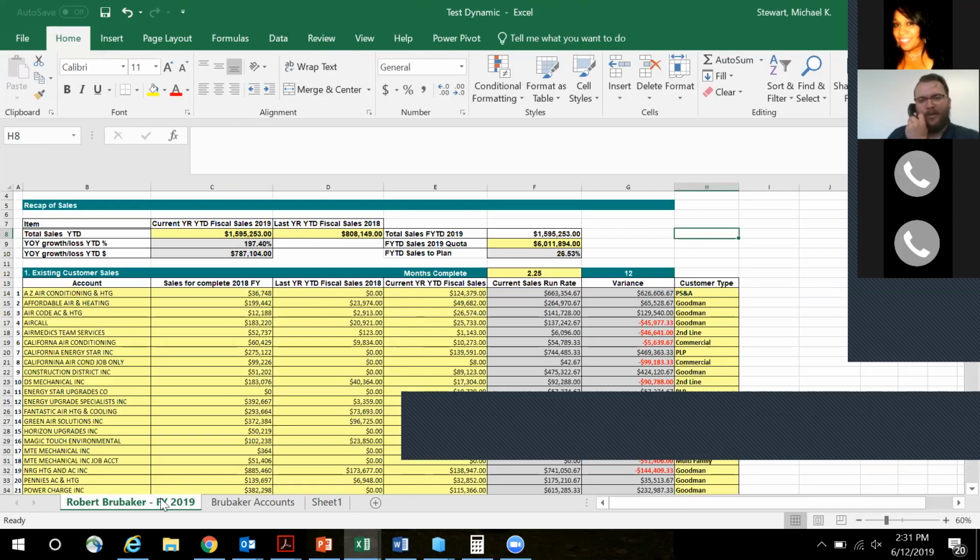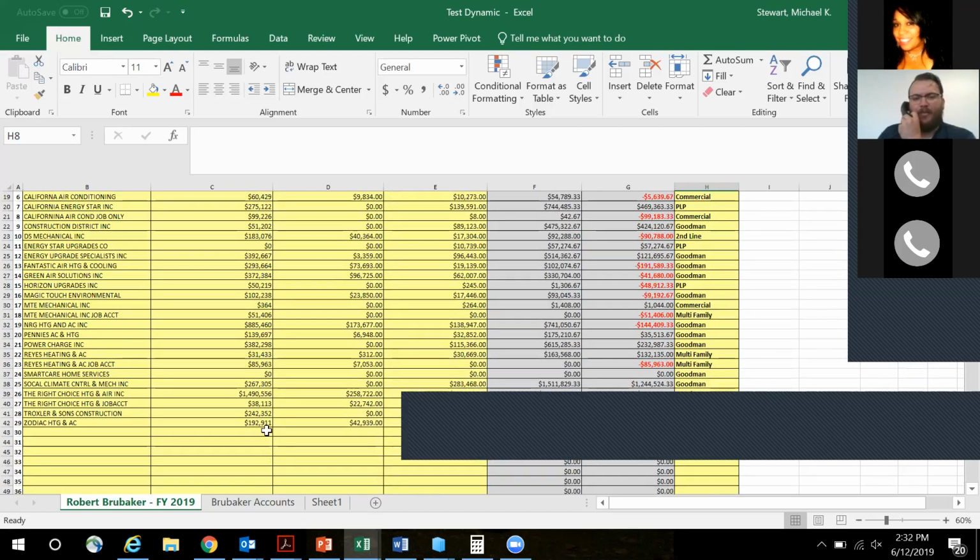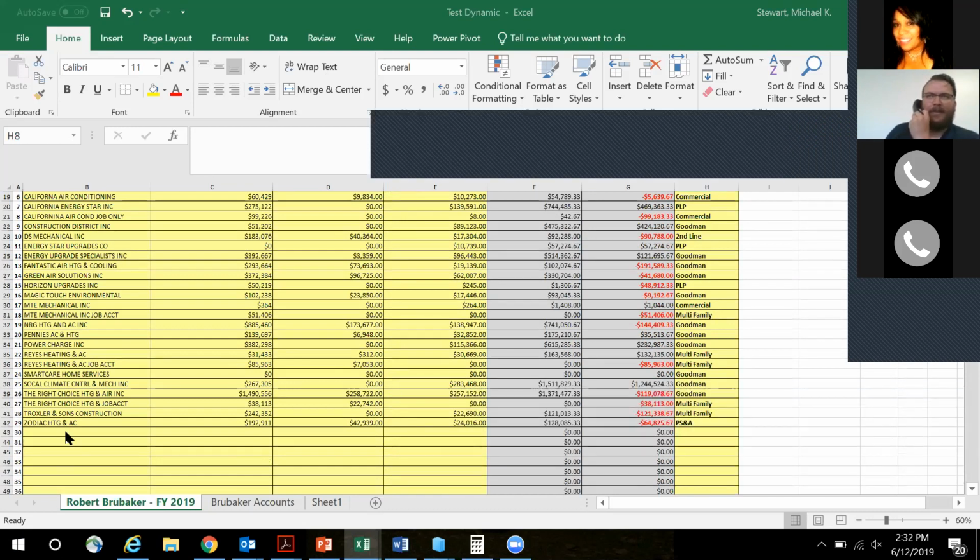Then you have to do a little cleanup. Once you do this, it's going to take you about 15-20 minutes. You have to clean up the formulas, but once you do it, you will not have to do it again, and then you'll be good for the rest of the year. The only thing that might possibly mess up formulas is if, let's say, Marina, you add a new account, like a new CMMF, or you do a sales ID change to your ID. You're going to need to manually add that account name in here, and then pull the formulas down to make sure it recognizes it. I haven't figured out a way to get it to auto